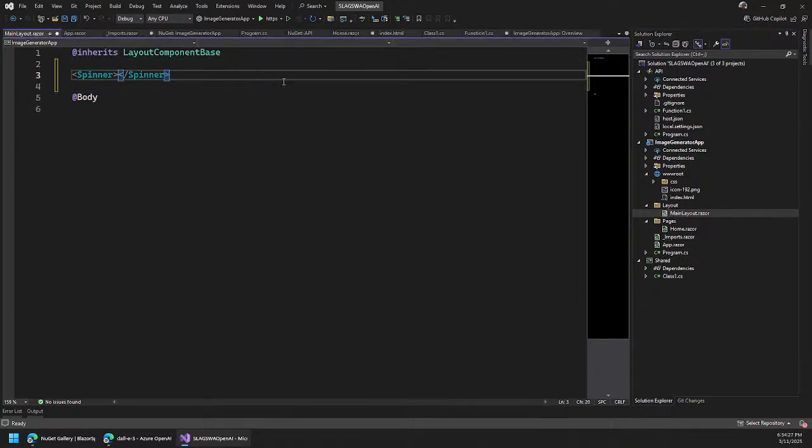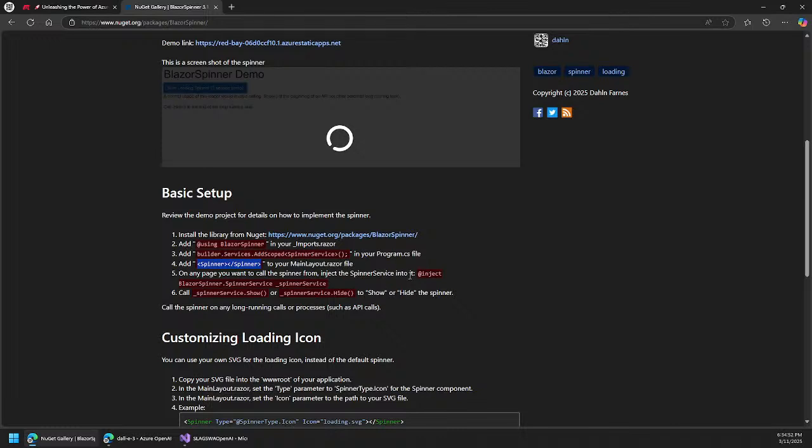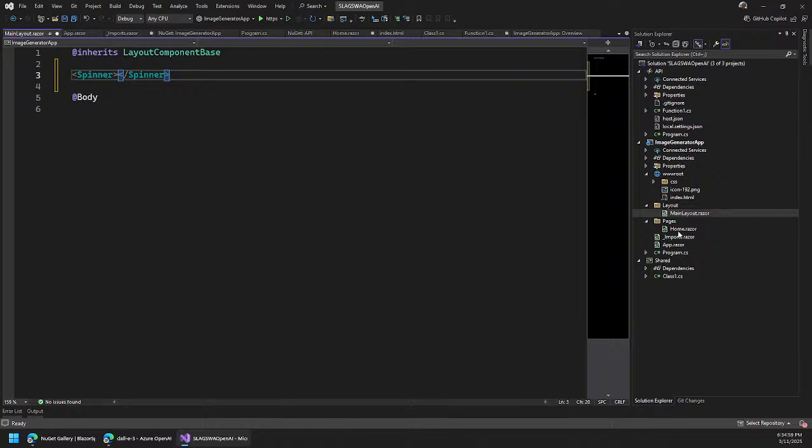So the spinner service will actually show or hide the spinner as necessary on any page anytime you want. So on some of my other applications, I actually built it so that anytime there's an API call, it uses the service to automatically show the spinner. That way you don't have to call it or stop it on every single call. It just does it automatically. And then the last of the setup for it is to inject it